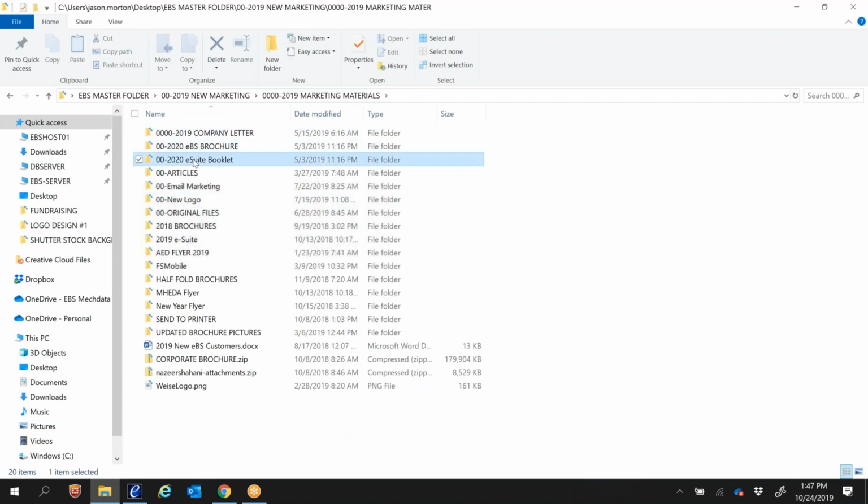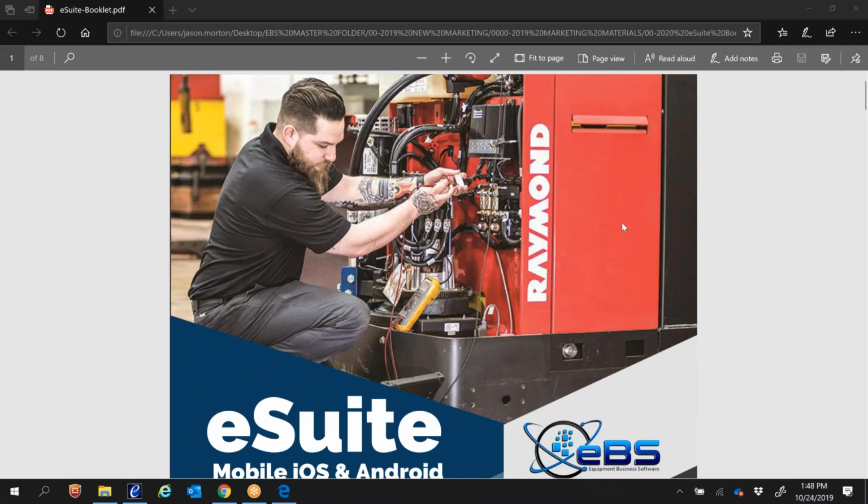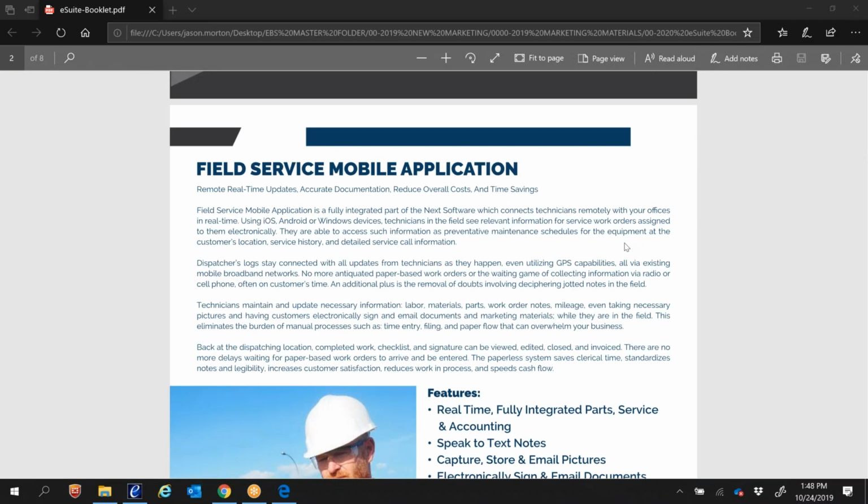I want to show you our eSuite booklet. Kind of briefly talk about our mobile applications, since it's getting bigger and bigger. So right now we have about 9 mobile applications, 2 more being developed as we speak. It seems like everything is going more mobile, and maybe in the future the only thing the business system is going to be used for is, it seems like, accounting, because now we're developing,